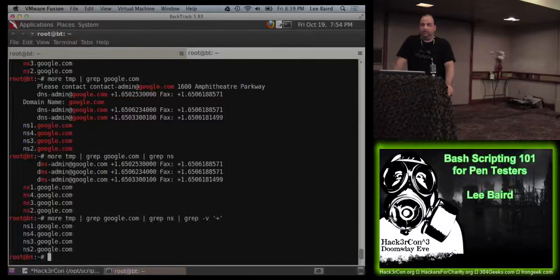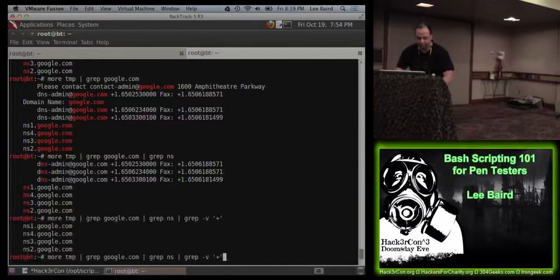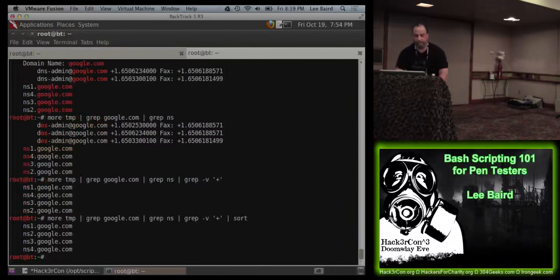So take a moment and try to do that with the domain of your choice. And you could also sort those name servers. There. And then just pipe that out to a file called